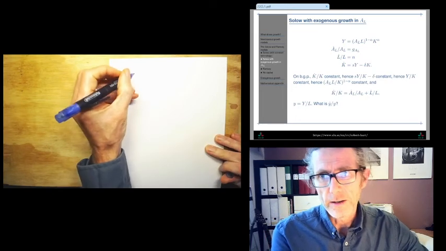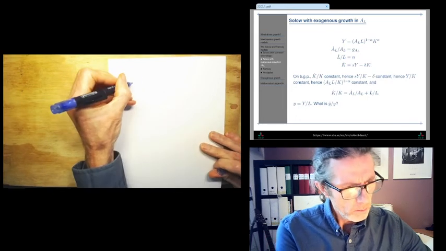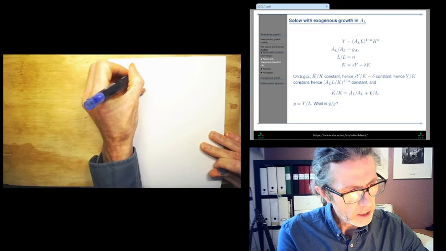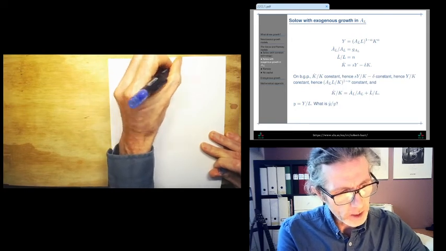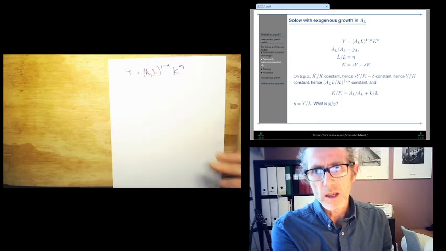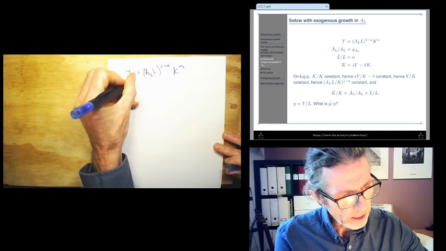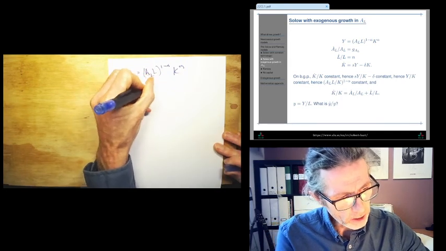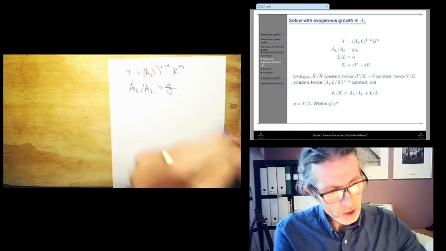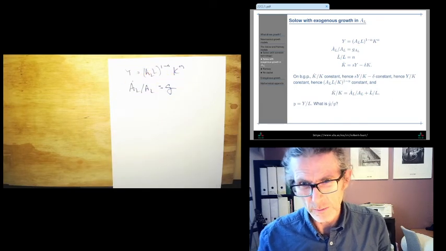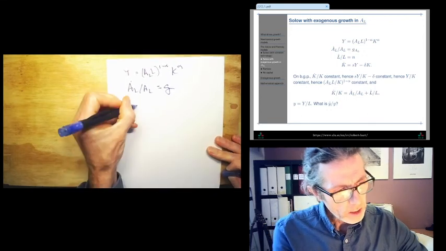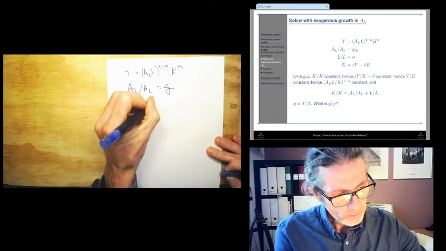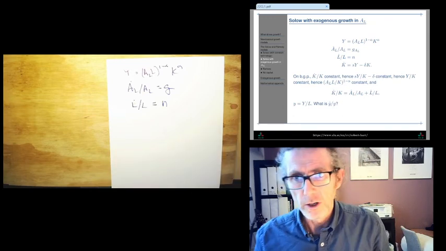So we have y equals (AL)^(1-alpha) k^alpha, and we have AL dot over AL is G, so we've got constant growth rate. I'm going to write G, not GAL. If we like, we can let the labor force grow at N,